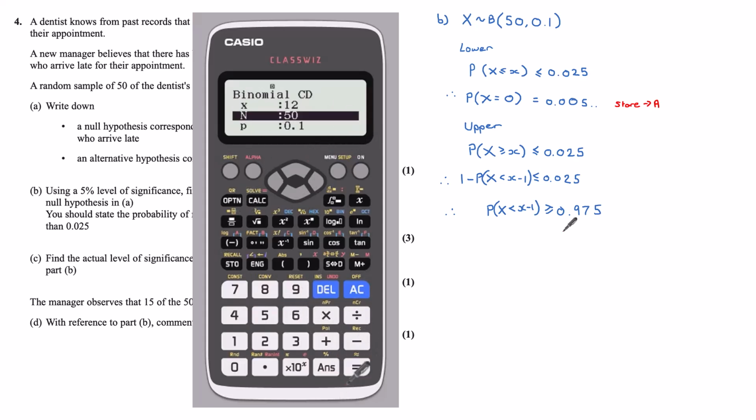So let's try 12. Still very large, but certainly closer to what we want. So let's try 10. 10 is still much larger, so I might jump down. Let's try 8. 8 is 0.94. Now that's too low. So let's try 9. Aha, 9, 0.97546. So this is the first point at which this has gone above